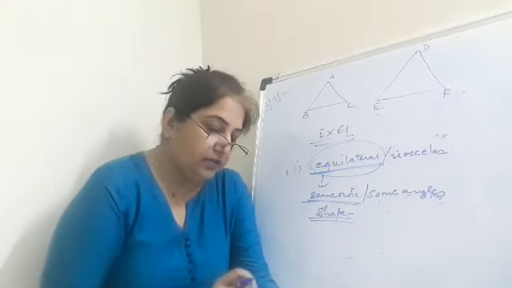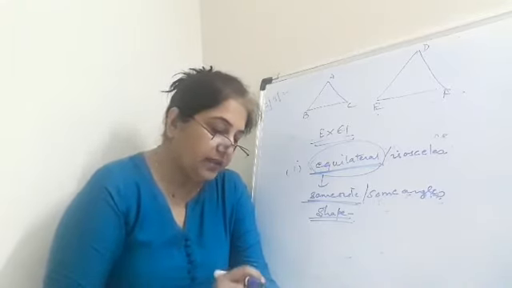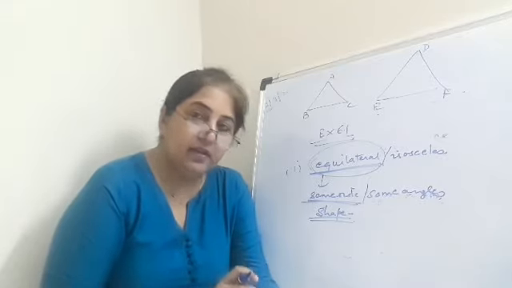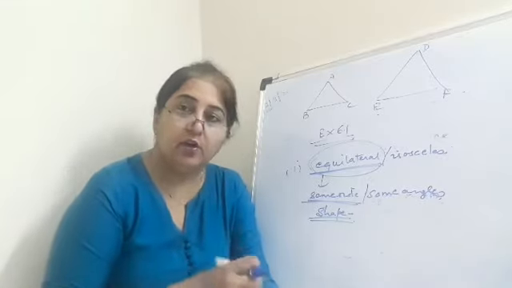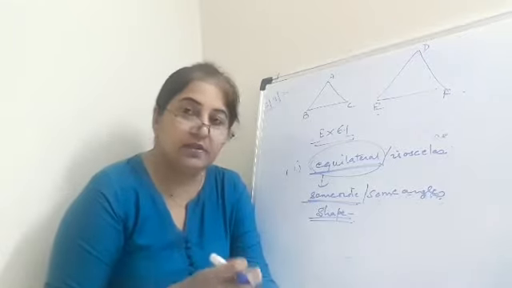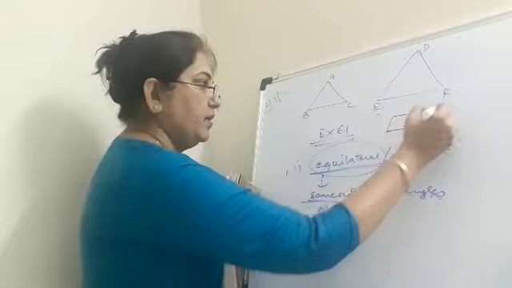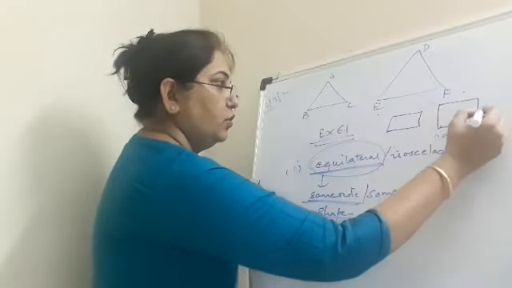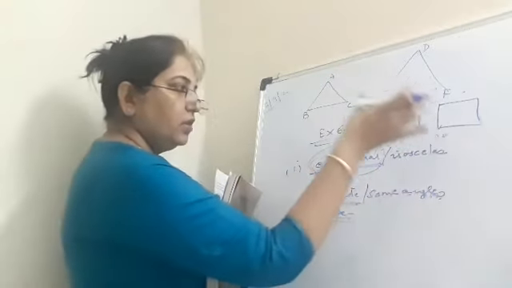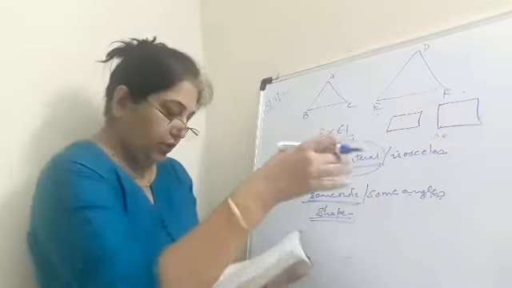One is a quadrilateral and one is a square. All the sides are equal. So you have to say whether they are similar or not. You will say they are not similar because they do not have the same shape. You know why? Because one is this shape and one is having this shape. So do you think they have the same shape? When they do not have the same shape, they will not be similar to each other.